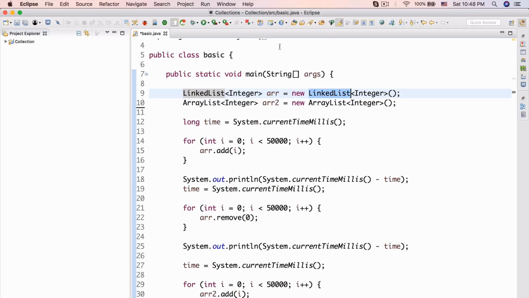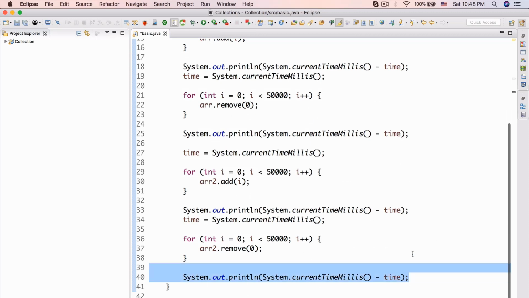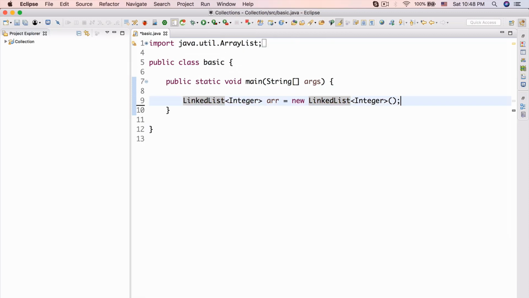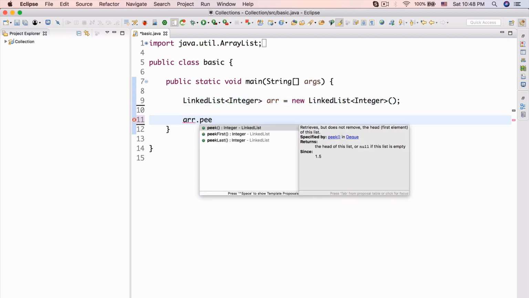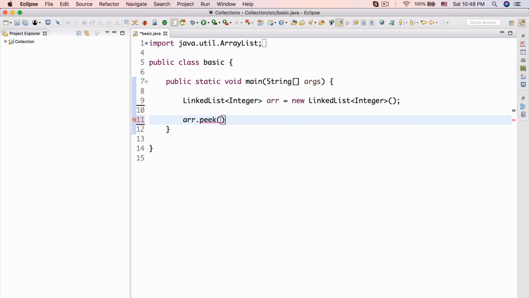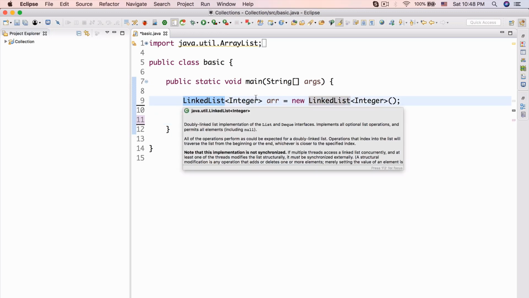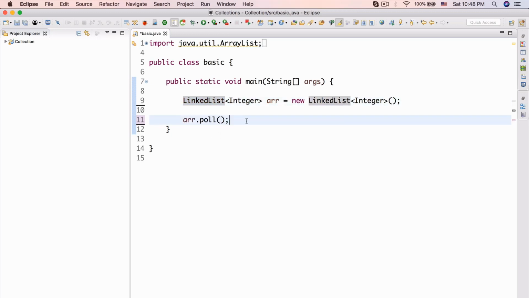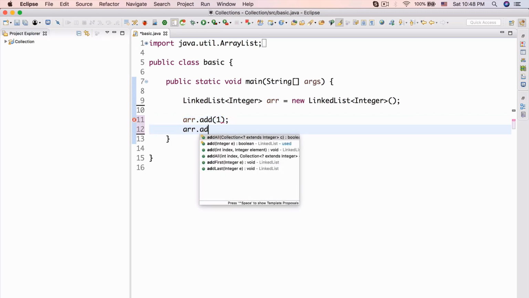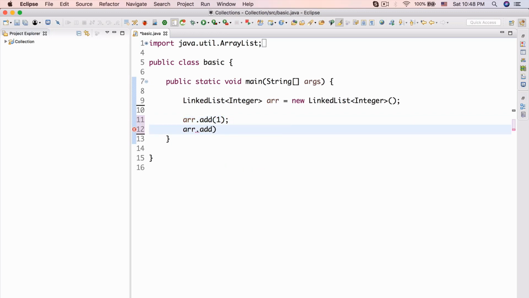All right, so here we are in our code. We still have the code from the previous lesson. We can go ahead and delete it and just keep this linked list here. And you'll see now, if we try to do arr and do something like peek, we can now actually use the peek method. If we try to do something like poll, we can also do that. This is what allows us to use a linked list as a queue. So let's show off how a queue works. We can do arr.add, let's just say 1, then add